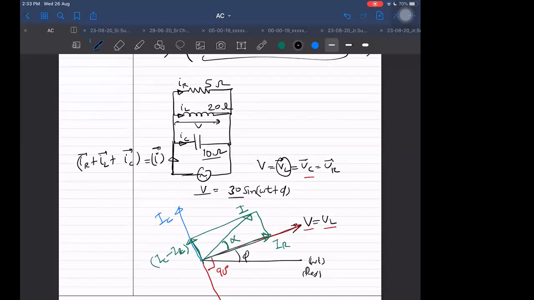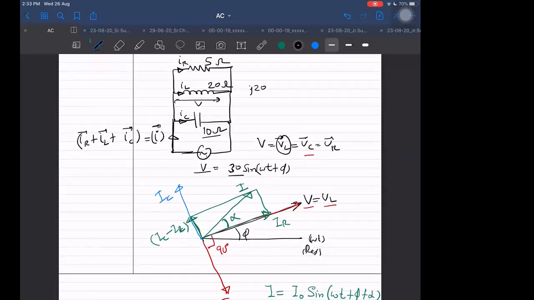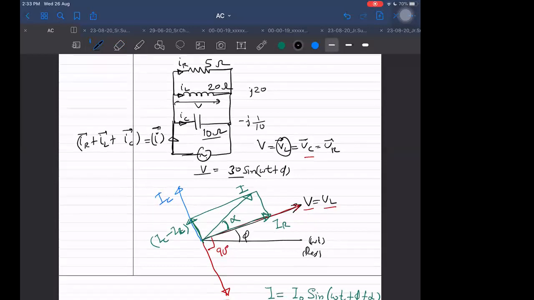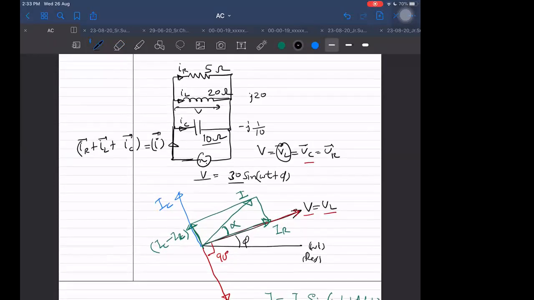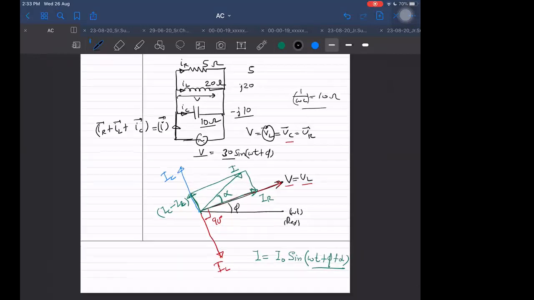Okay. Although I am giving 20, it does not mean I should take 20. I should take j into 20. And this I should take as minus j into 1 by 10, 1 by 10 I will be taking, right? Sir, no, sir. Minus 10 j only, sir. X is only 10. He's right. Minus 10 j, because obviously it is already 1 by omega C. That is only 10, having units of ohm, right? Minus j into 10. And that is plus 5, right? Exactly right.